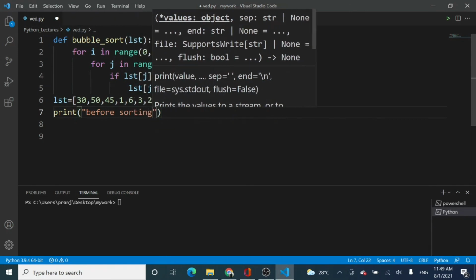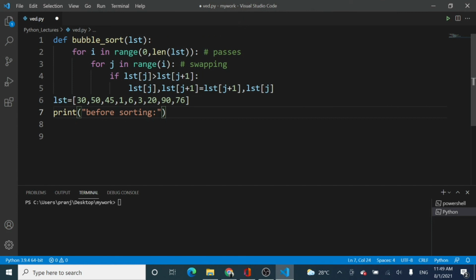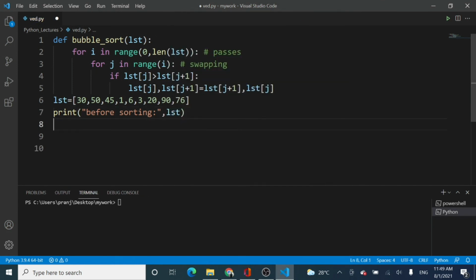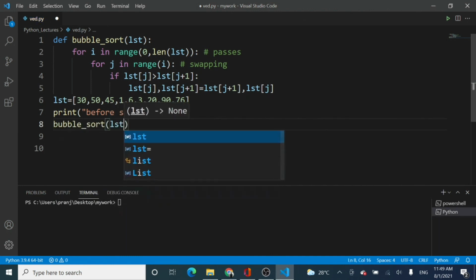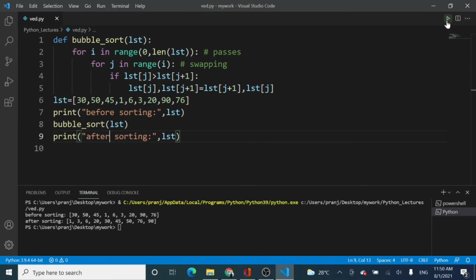So I will be printing the list before sorting, and after that I will be calling bubble sort on lst, and after that I will just copy this statement over here and write after sorting, right? So let us see whether I got the correct answer or not.